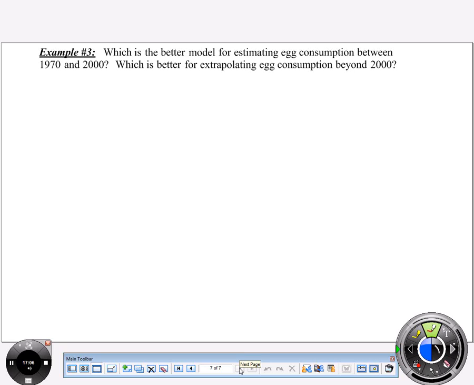Now let me ask you this. You had to choose. So you would choose quadratic because that's the only way to really estimate beyond 2000. However, do you really think that this model would hold up for extrapolation? Do you think if I wanted to see in the year 2500 how many eggs there are, that either of those models is realistic for that? No, right? Maybe we just don't know enough, or maybe growing that much is ridiculous. How are we even going to produce enough eggs for people to eat that many of them, and that kind of thing? And those are the arguments that you have to think about, because data is real life, right? So it really depends on the situation. Okay. So, how many of you guys can see how this is